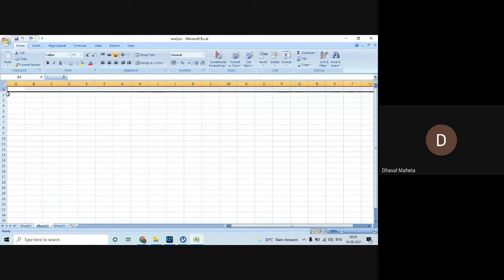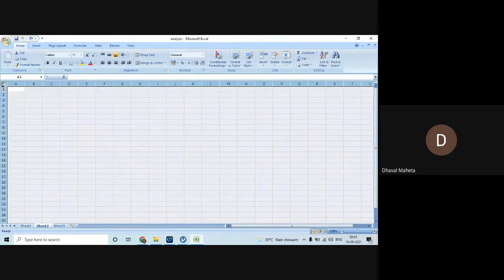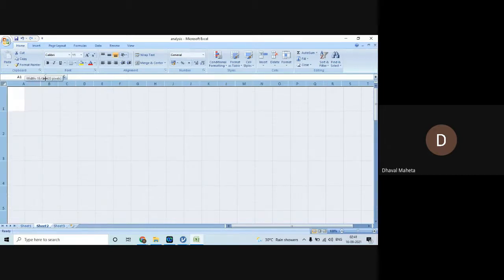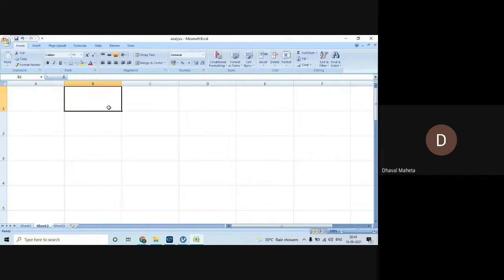I am writing down the categories: nominal, ordinal, interval, and ratio.